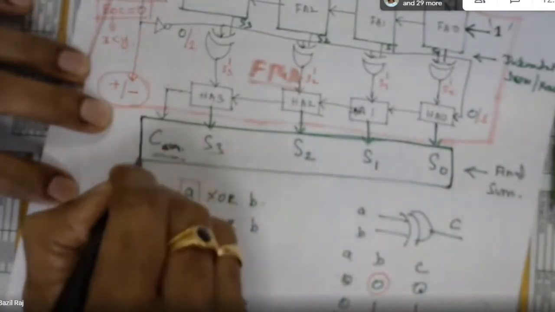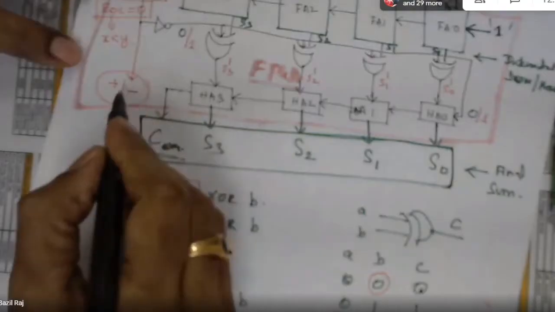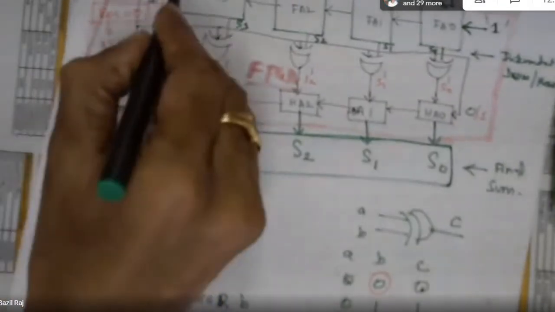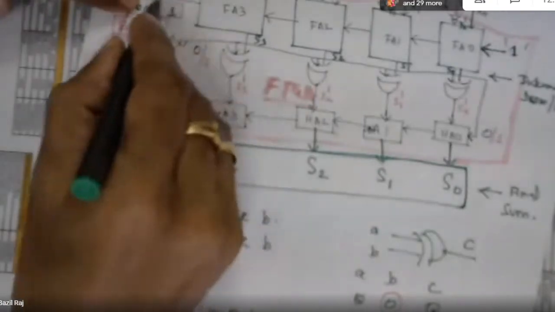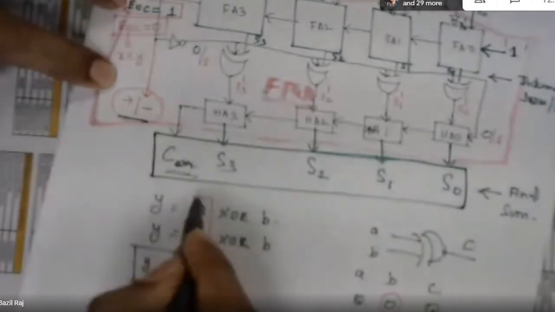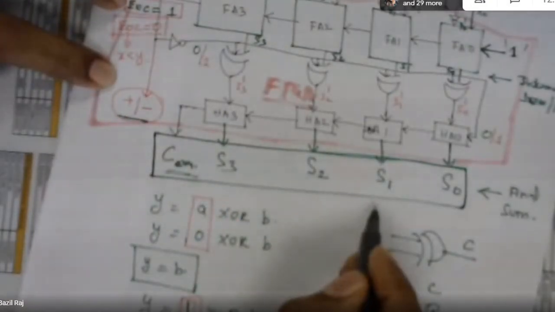It depends on whether we include C or not. The reason is when you subtract an 8-bit number from another 8-bit number, obviously the result will be less than 8 bits. Yes, sir, if both the numbers are negative, then it can go to 9 bits. Yes, that is there already. You are looking at that bit, no? That is not from the sum, that is from the first adder. Okay, sir. From here, based on this EOC, we are deciding plus or minus, not from this result. Understood, no? Yes, sir. Okay.